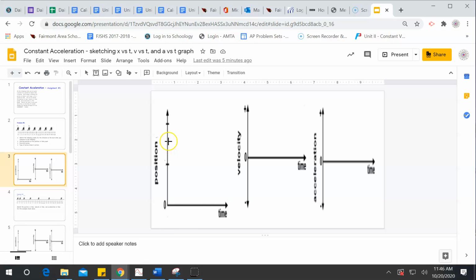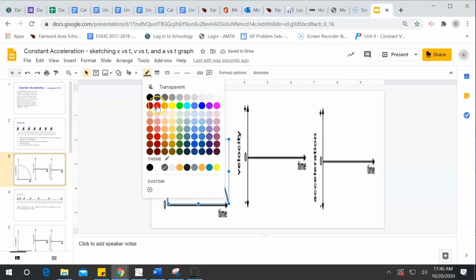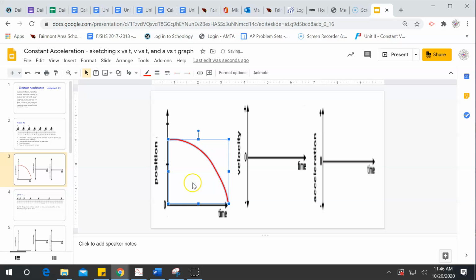I'm going to do this, but I'm not going to say this is correct, and I would curve it like this. I'm not saying this is correct. And then I want you to make the line weight at least 4 point, and then I want you to color it a good color so that I can see that. Okay? So if that was what I chose this to be for this first one,